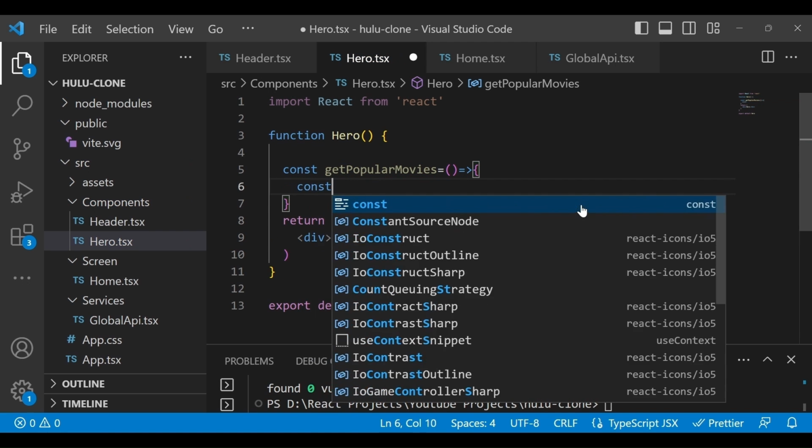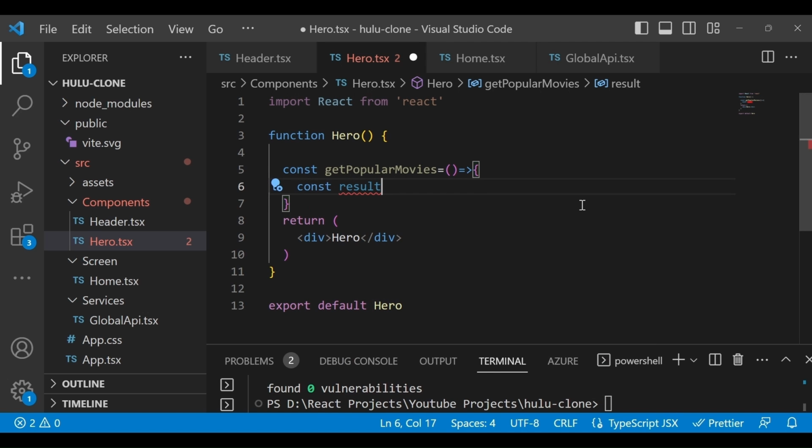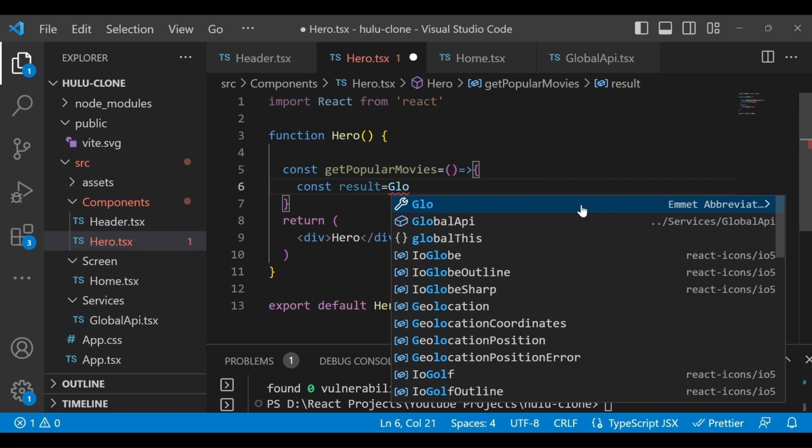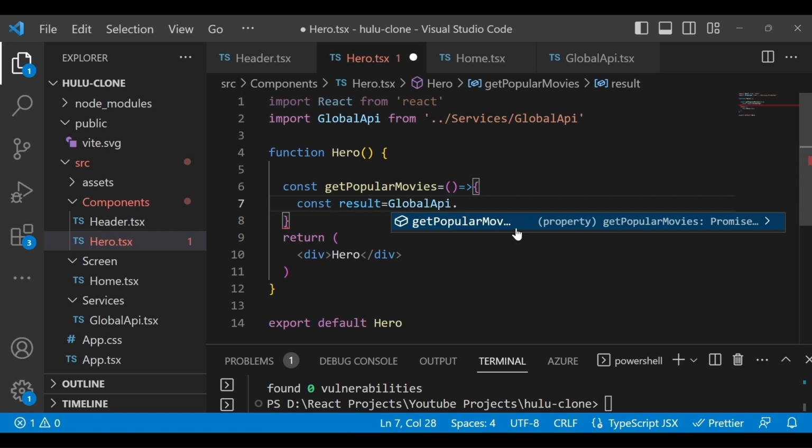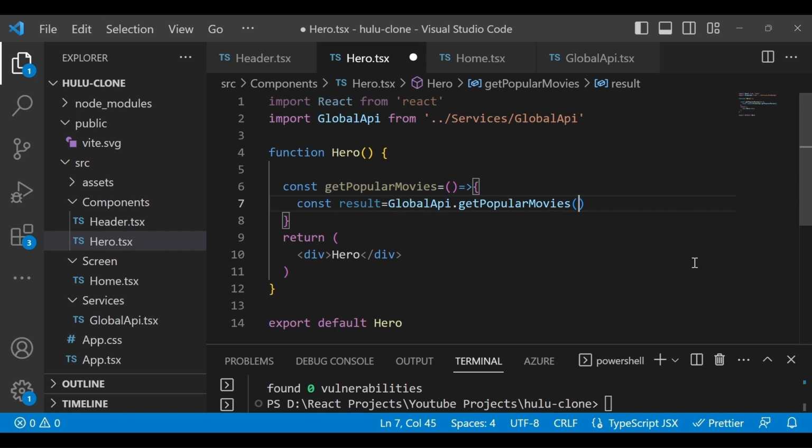Inside that, let's assign one variable called result, which is equal to global API, which is our service, and once you do this, it will import it. Make sure you import this global API. Then you have the option to get popular movies, and that's all.